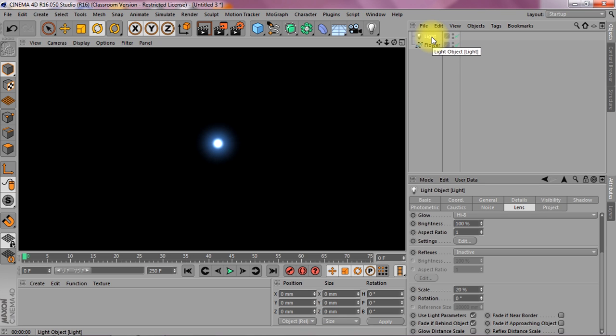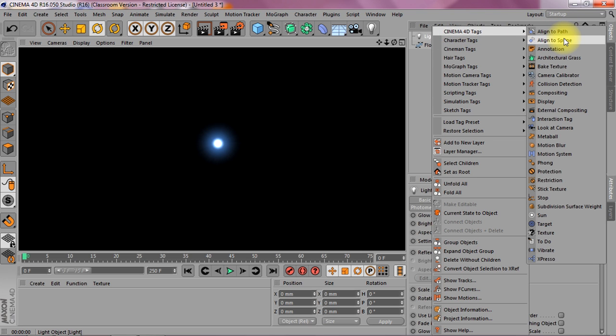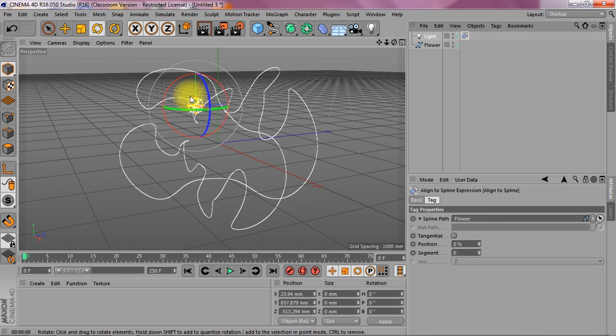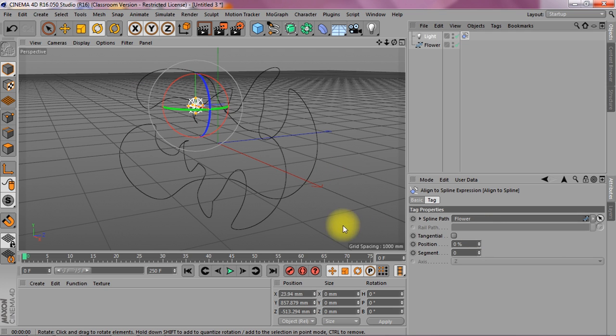So next thing up is the align to spline tag. Right click on the light and ask for Cinema 4D tags, align to spline. Obviously it's going to ask for a spline, which is going to be the flower, and it's going to move uniformly at a uniform speed over this curve, except that if we're going to animate these